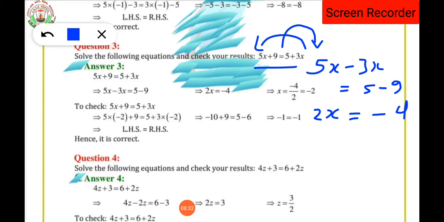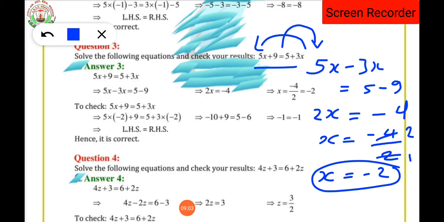Why is it minus 4? Because 9 is a greater number. Plus and minus will be minus. So 9 minus 5 will be 4. And the sign will be minus because 9 is a greater number than 5 and whatever number is greater, that sign comes in the answer. So here 2x is equal to minus 4. So minus 4 upon 2. Clear? Now 2 ones are 2 and 2 twos are 4. So what is the answer? What is the value of x we are getting over here? The value of x we are getting is x equal to minus 2. Have you understood up to here?